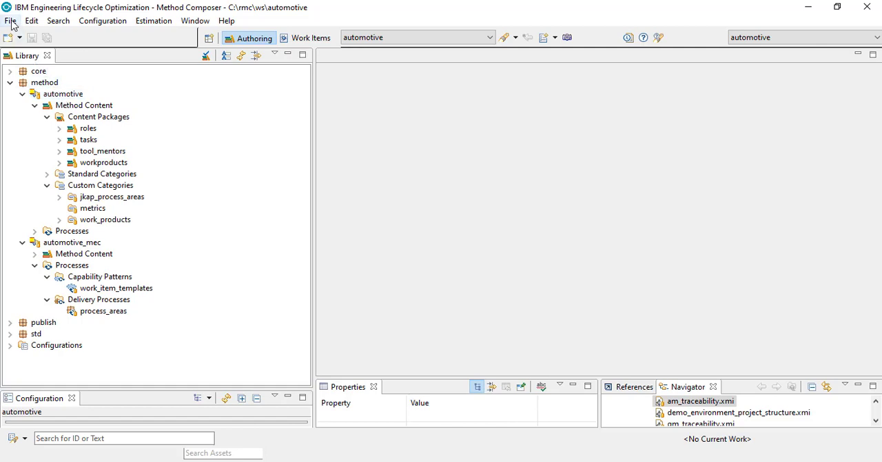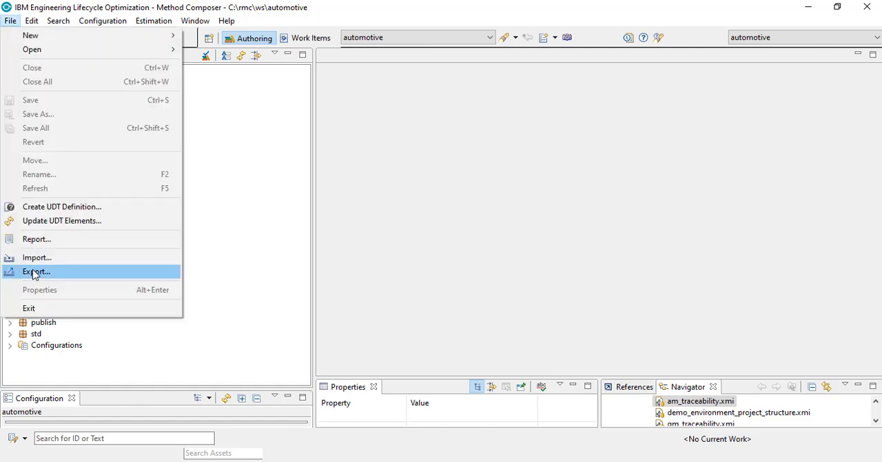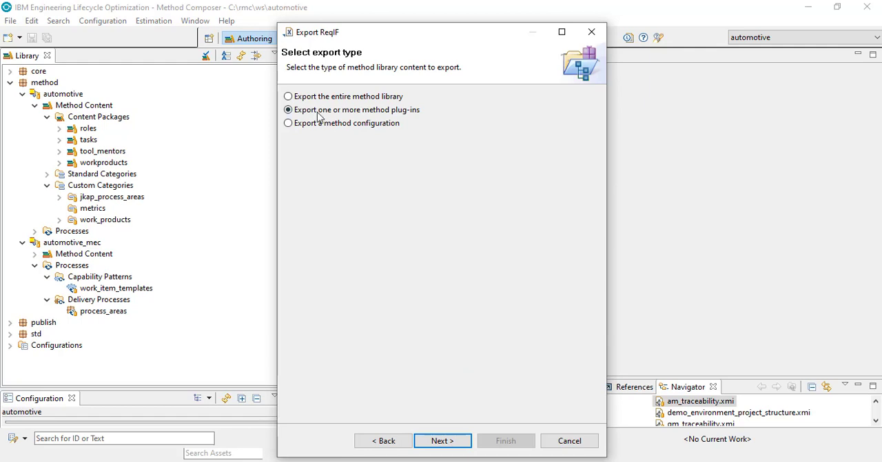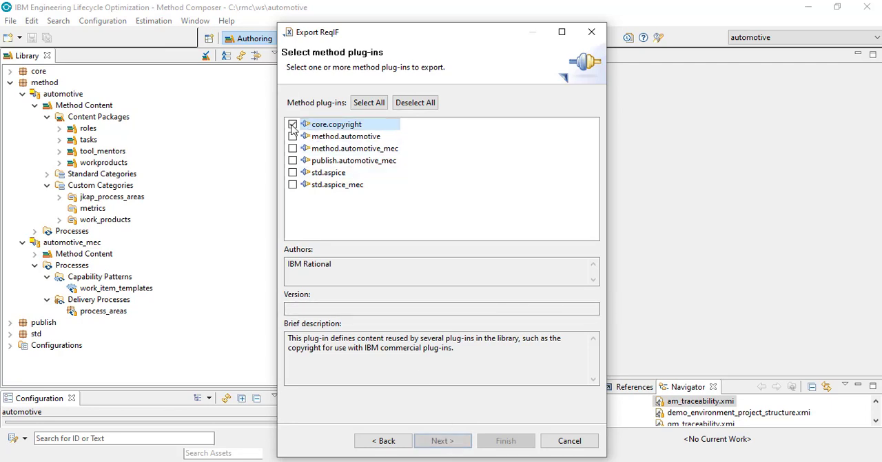What you would do to bring it into DOORS Next is you click File, Export, you choose ReqIF, that's requirements interchange format, you click Next, and you choose whether you want the whole library or specific plugins. In my case I want to export specific plugins. I select all the plugins that don't have that MEC suffix,